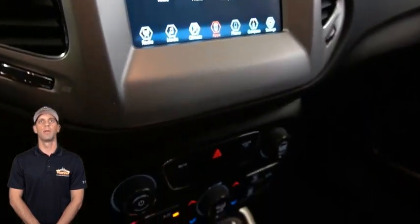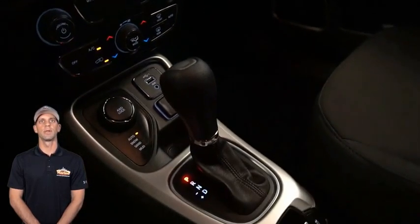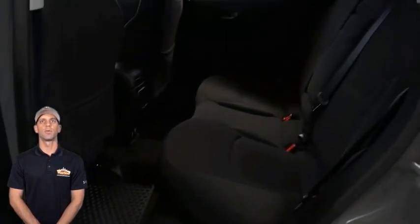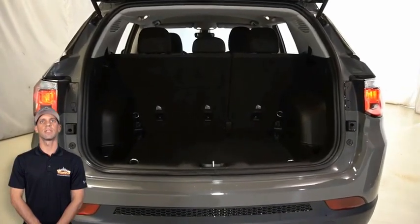backup camera, Bluetooth streaming audio, SELEC-TERRAIN system, second row remote USB port, a rear folding 60/40 seat, auxiliary 12-volt rear power outlet with a 2.4-liter 4-cylinder engine, and so much more. For additional details, visit us at marinosjD.com, stock number